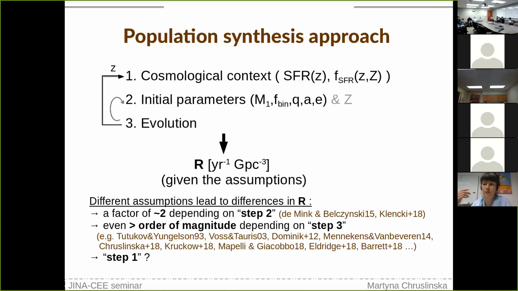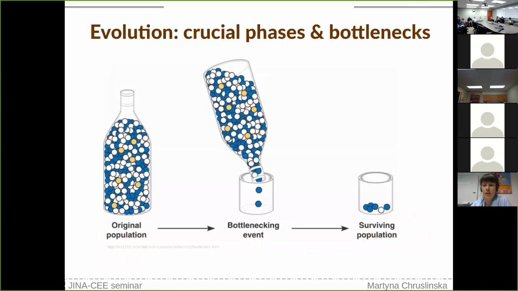However, when it comes to comparison with observations, then we have to take into account the uncertainty related to all of those steps, and in particular step number 1, so our cosmological context, which was not really discussed in previous studies, and I will come back to this later. And for now, let's try to understand what happens during the evolution that those rate estimates can differ so badly